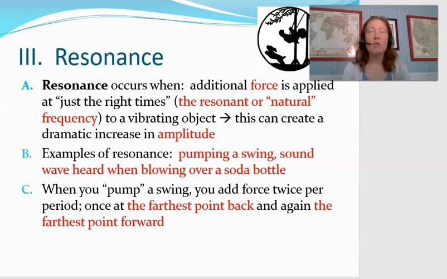So if you think about being on a swing right now, like that little girl in the picture, think about, when do you add force? Like, how are you adding force? Okay. Well,